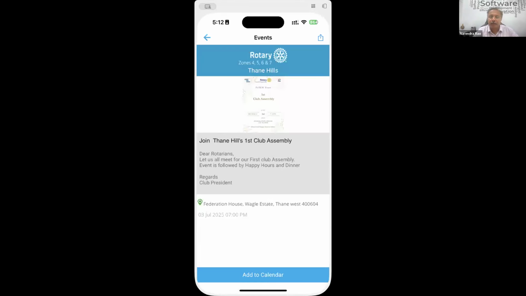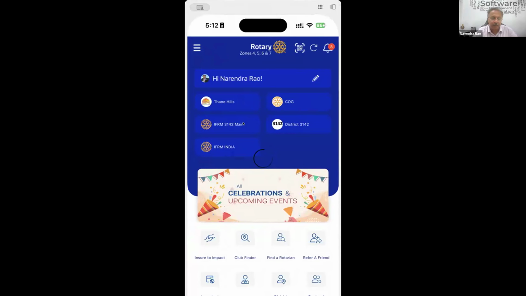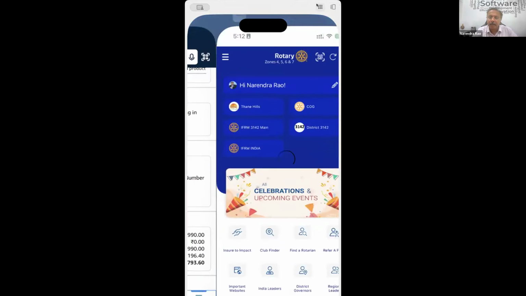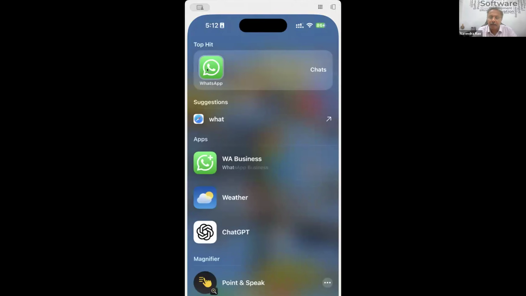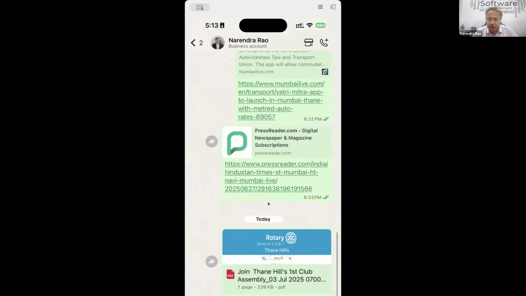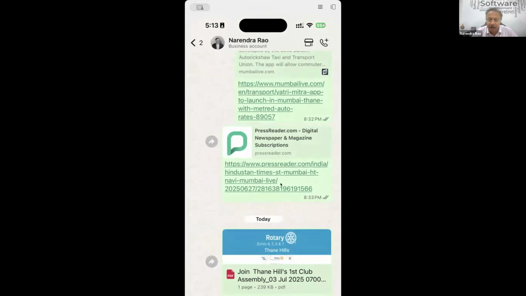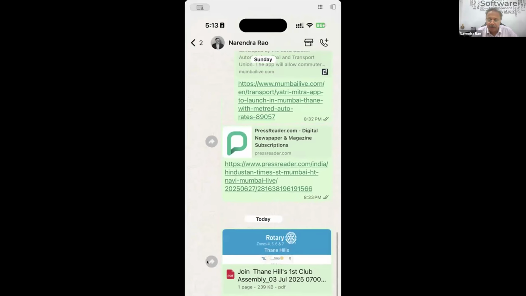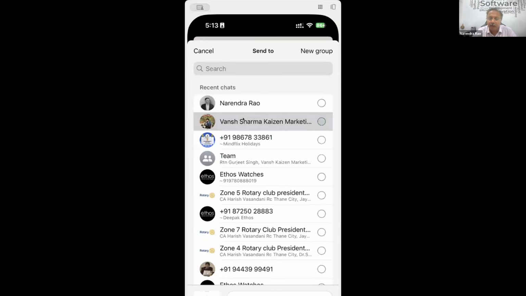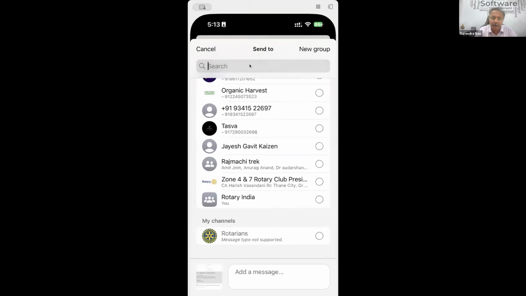See this now. Can you see this? It got converted to a PDF file with the image, with the content. So I could share this PDF from my phone to someone else. So even this is converted into a PDF file here. So I can just share the PDF, for example, I want to send it to Vansh. I can just click on it, send it to him. It goes to him as a PDF file, or I can send it to